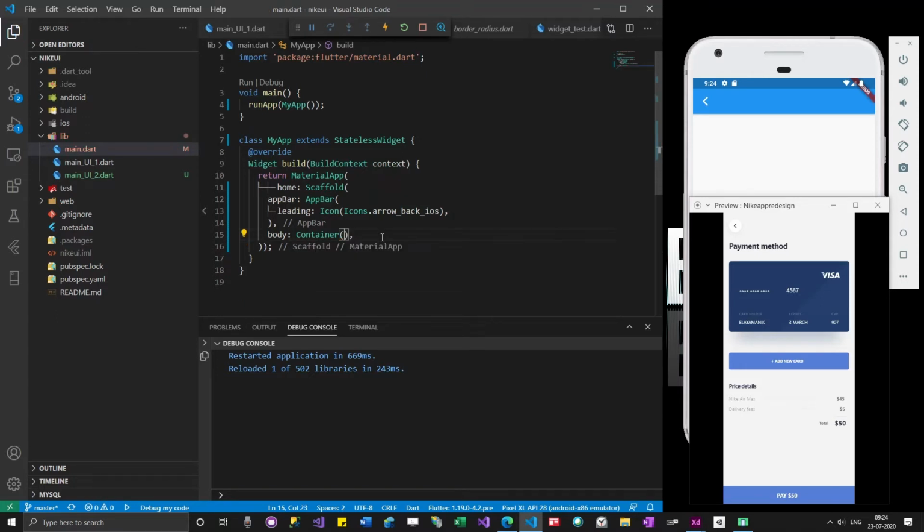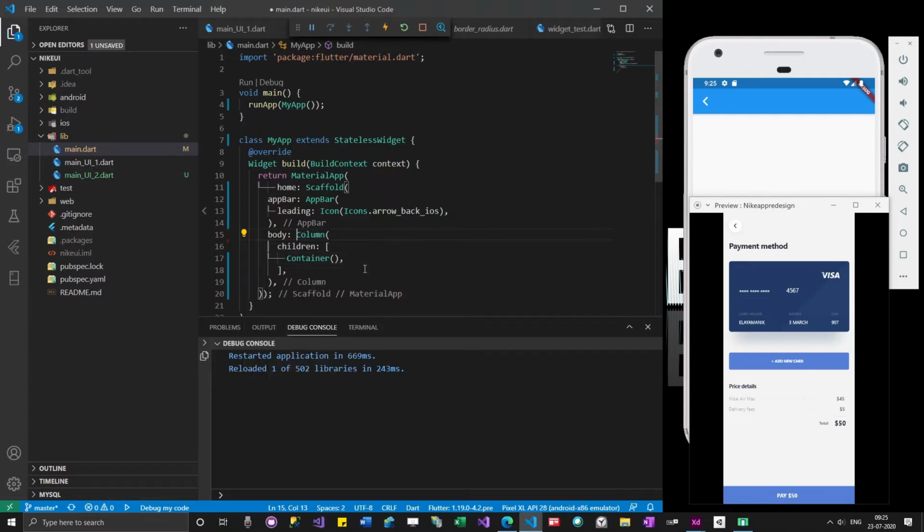Let me change this to Column. This is a column of widgets. I can add a column inside a container, but let me add the column to the root, because adding a container outside the column doesn't make any difference. Unless I'm adding something for the container, unless it is necessary, it's not required. So I'll just click here and add a column.